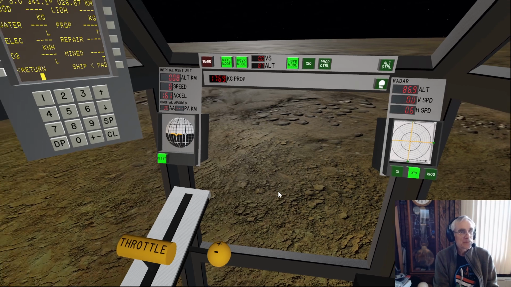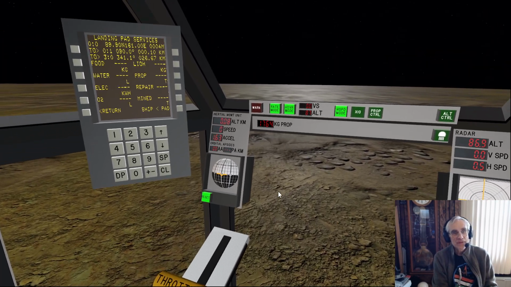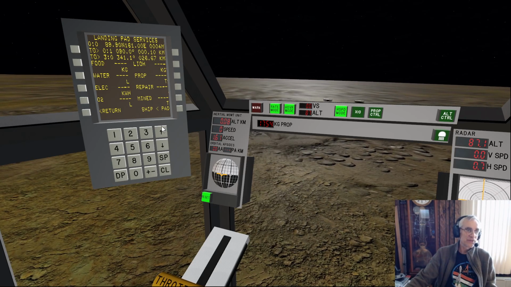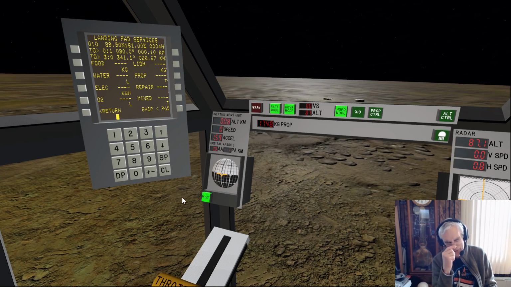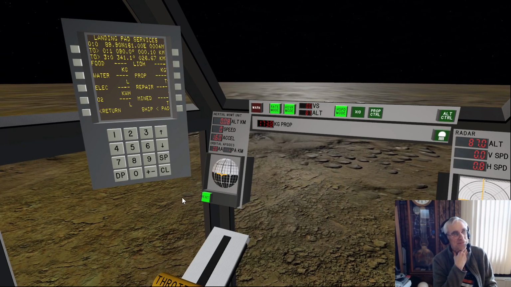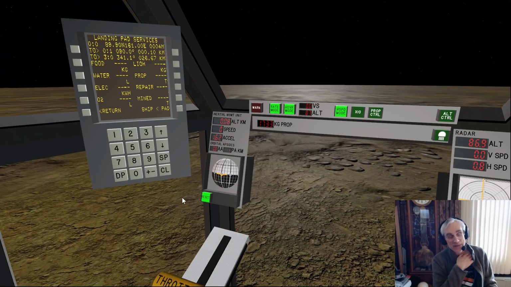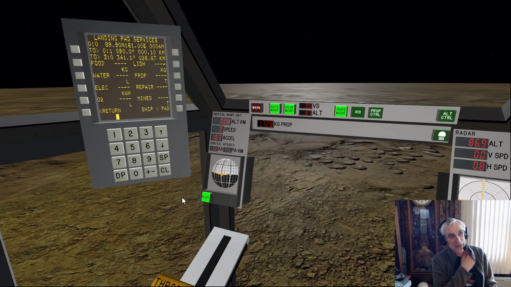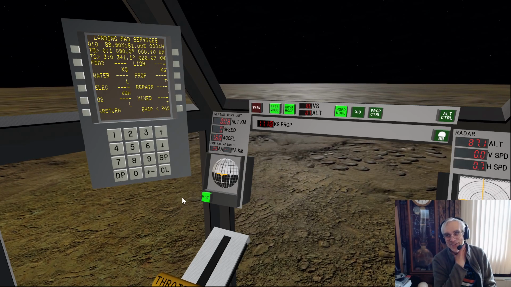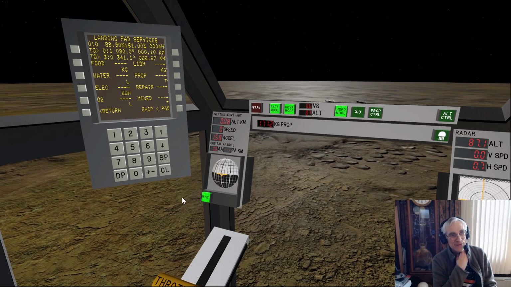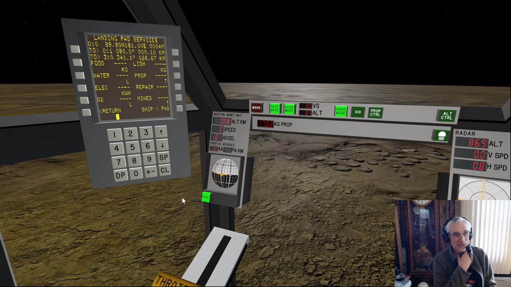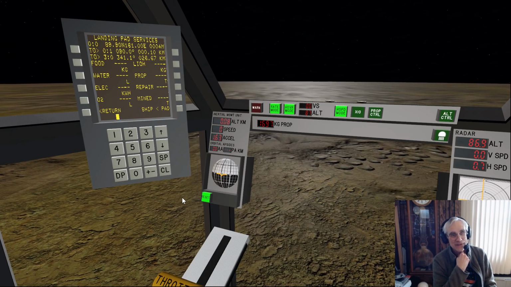What's coming up? Well, I have a lot of work to do in this flight management computer. This is all written in the Forth programming language, which is a little on the esoteric side. So I'm also, in addition to being a big space nerd and an aviation nerd, a big computer science nerd. And I always wanted to learn the Forth language, so I made a Forth computer that I could program and use to control the spacecraft. So I have a lot of work to do here.